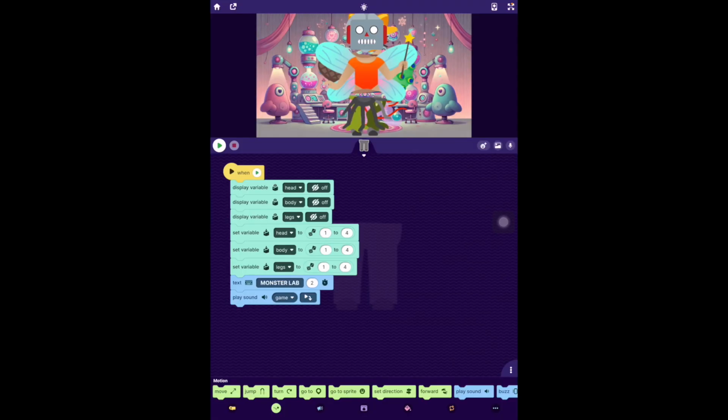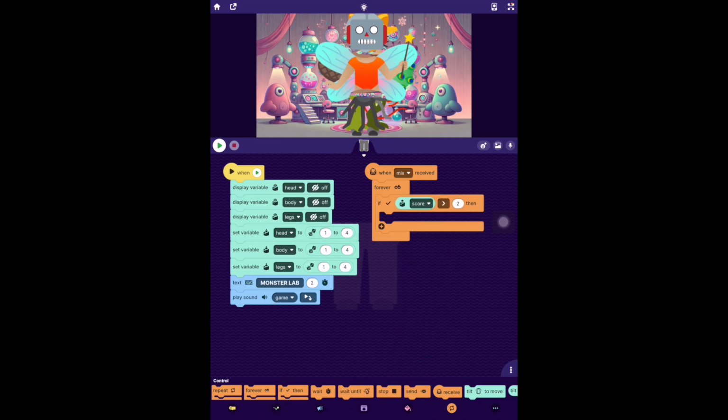Okay, this next part of code is going to be how it actually shows and selects the random monster. For this one, we're looking for a message code. So I'm going to say when we receive, and I created a message called mix. You can just use message one, but I like to get in the habit of creating my own message and variable codes. So we're going to say, when you receive this mix message, we are going to say forever if